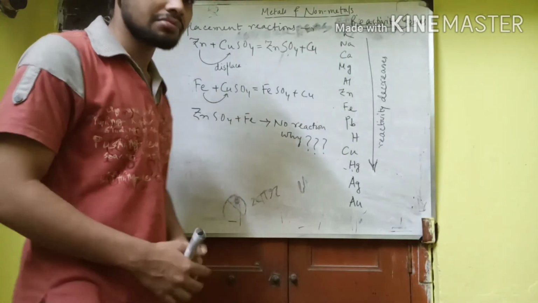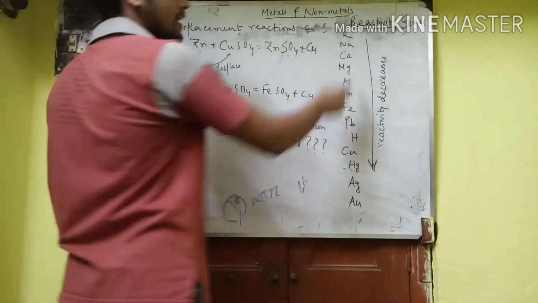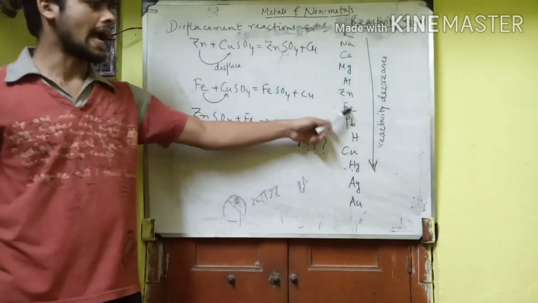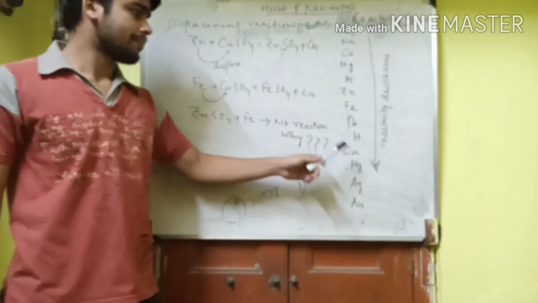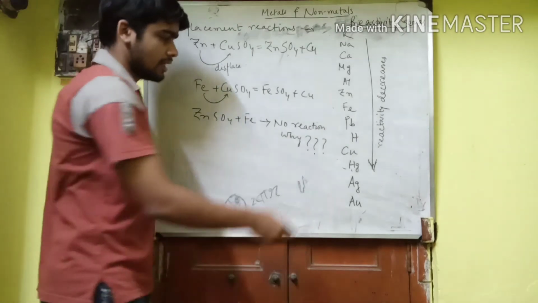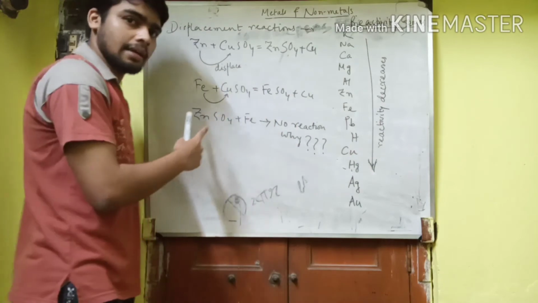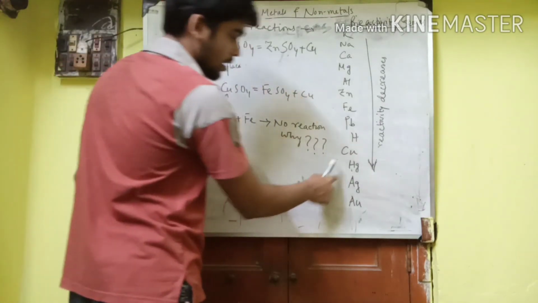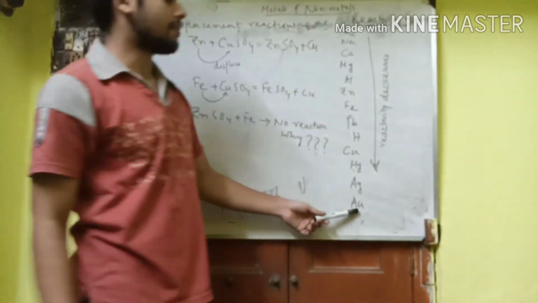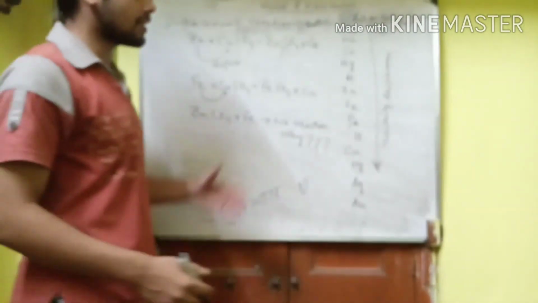On the top of this series lies K, that is potassium, then sodium, then calcium, then magnesium, aluminium, zinc, iron, lead. Okay, lead, hydrogen, copper, Hg means mercury, which is liquid. That's an exceptional case, already discussed. Then this is argentum, or basically silver. And then the last is aurum, or gold. Okay, this is the reactivity series. According to the series,